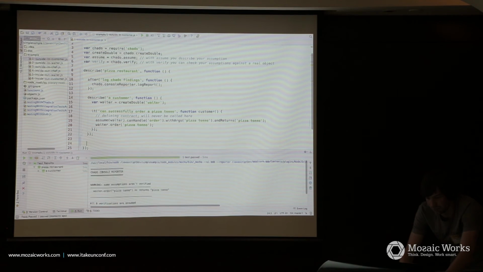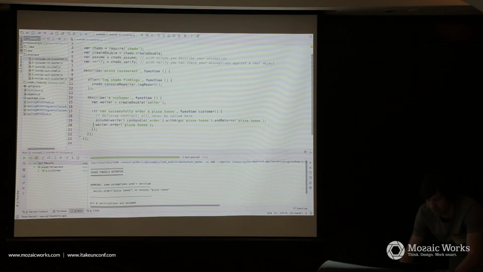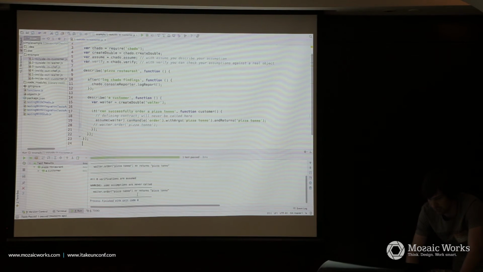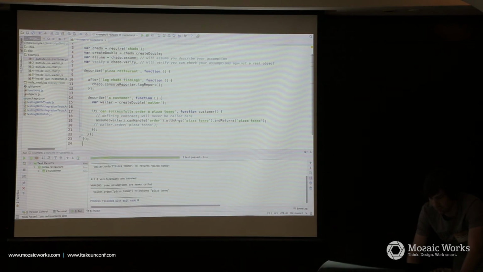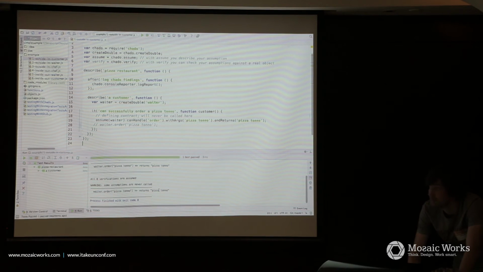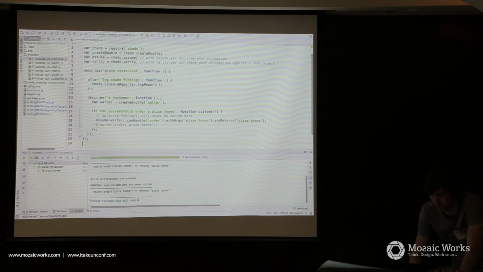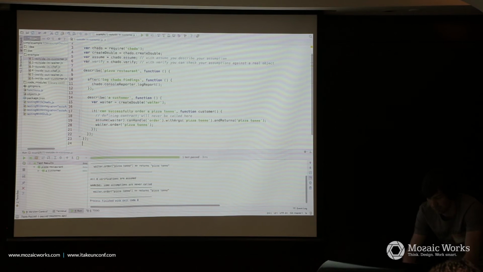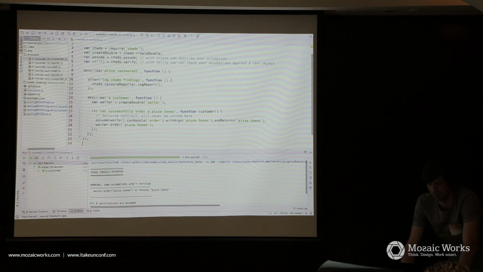If you comment out the waiter order line, we would see a message in the console that some assumptions are never called, because we don't have any real use for this, so it is probably unused code. We don't have that on the virtual machines because we just implemented that yesterday.